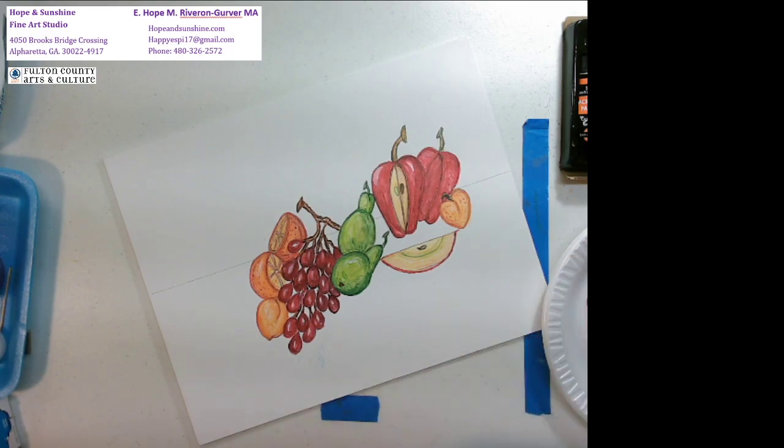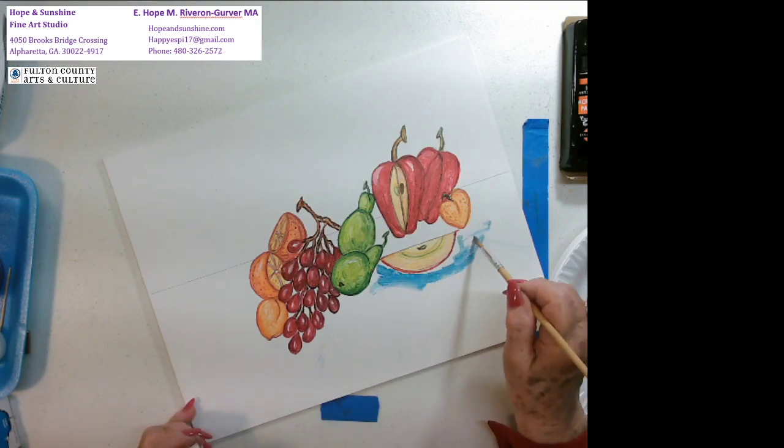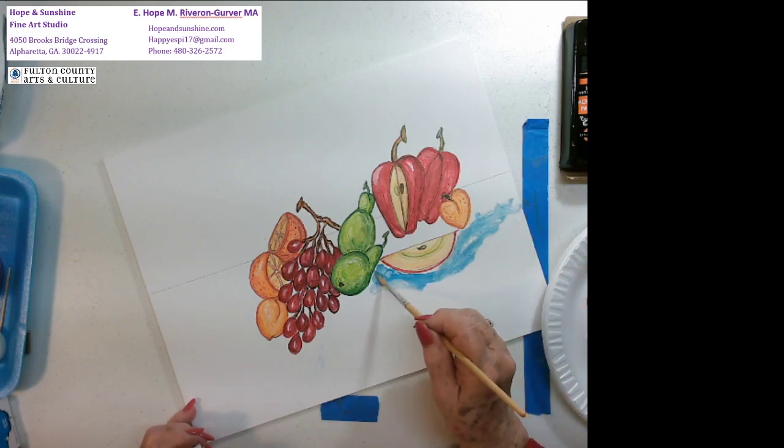It's very difficult to time ourselves, and I'm going to create my tablecloth over here really quick with a little bit of blue,